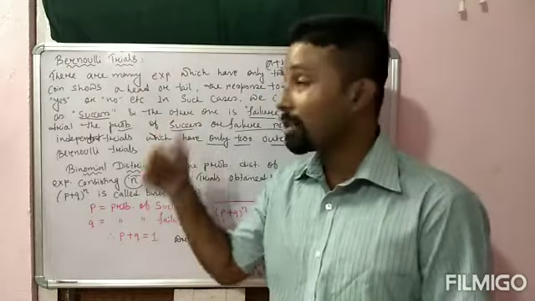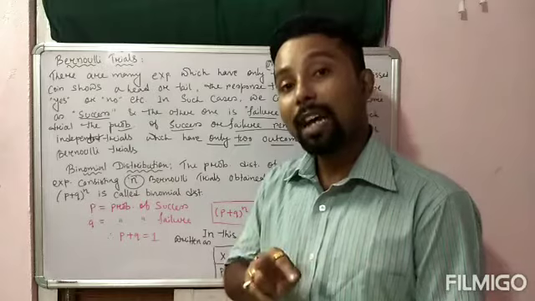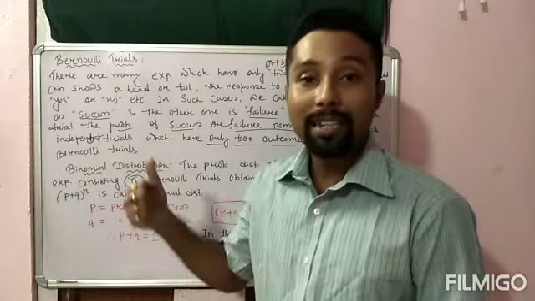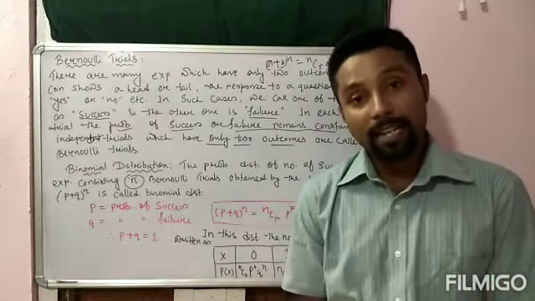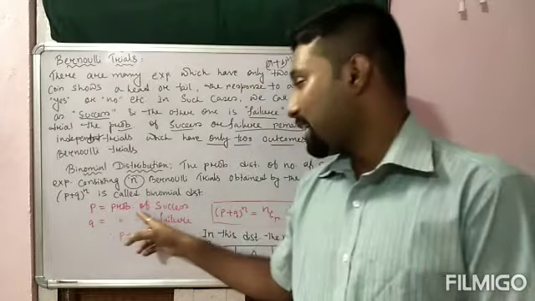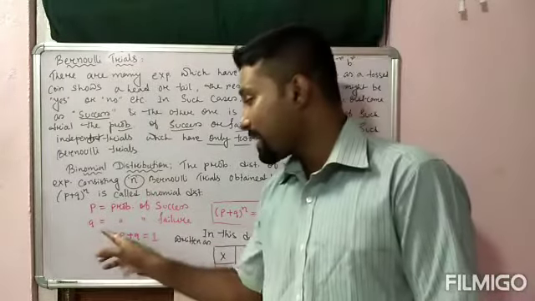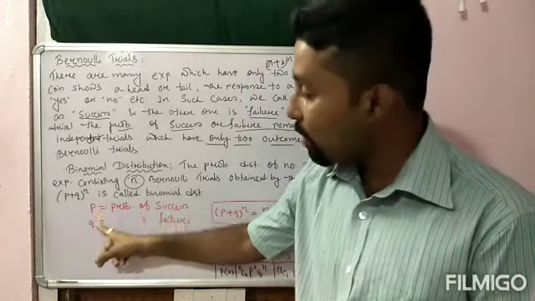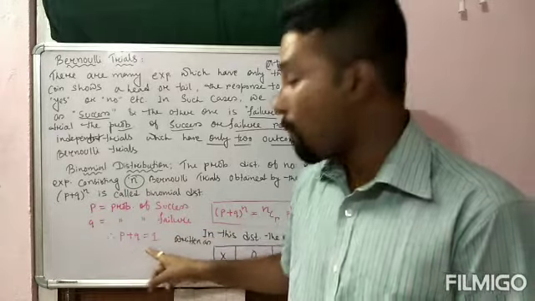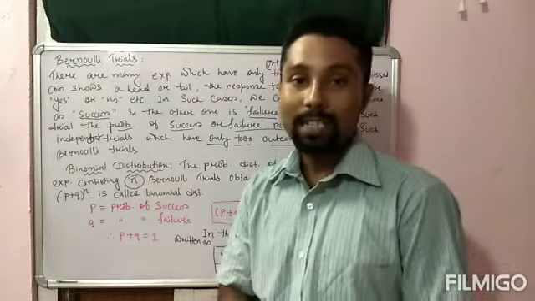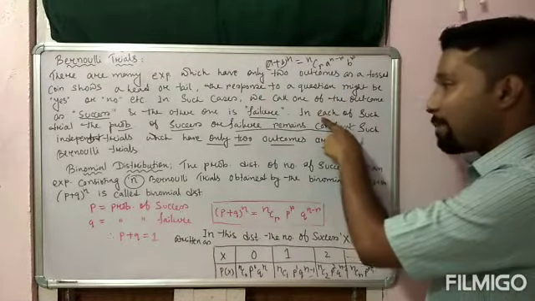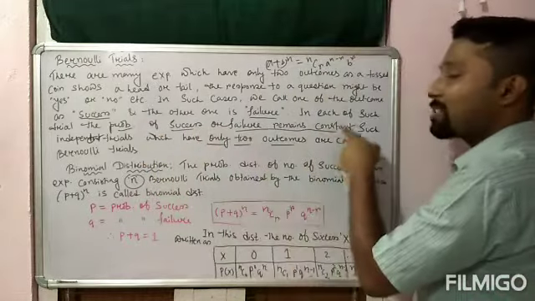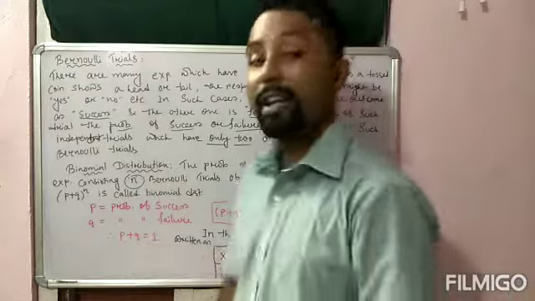बोला गया था Bernoulli trials में, जिसमें दो ही आउटकम्स होते हैं, that means एक सक्सेस एक फेल्यूर. वैसा टाइप का क्वेश्चन में Bernoulli trials और binomial distribution यूज किया जाता है. ठीक है, ओके. So p represents probability of success and q represents probability of failure, and you have to remember that the summation of these two, that means p plus q, must be 1 ही होना चाहिए, because यहाँ पे क्या बताया गया था, in such trials the probability of success or failure remains constant. That means the summation of success and failure must be 1.